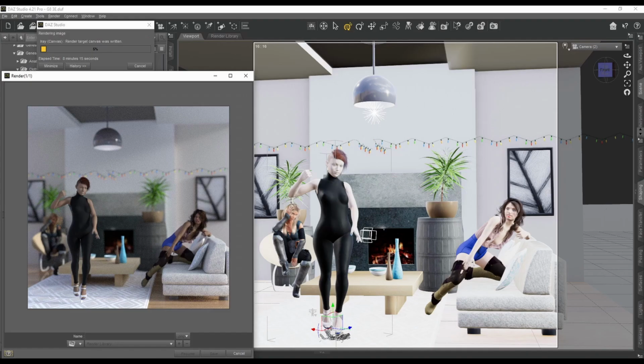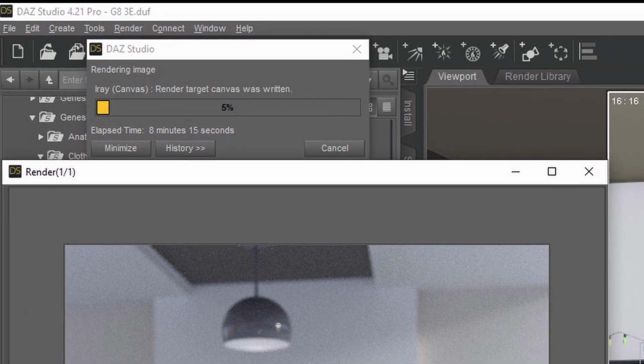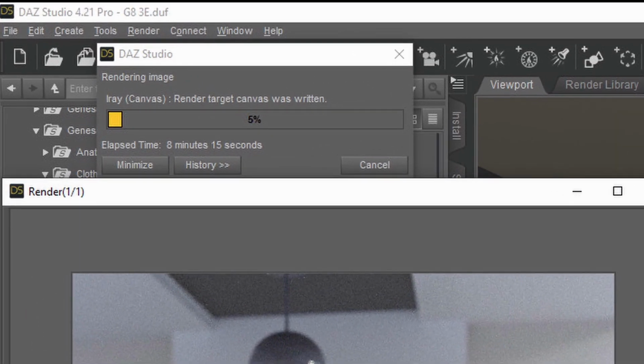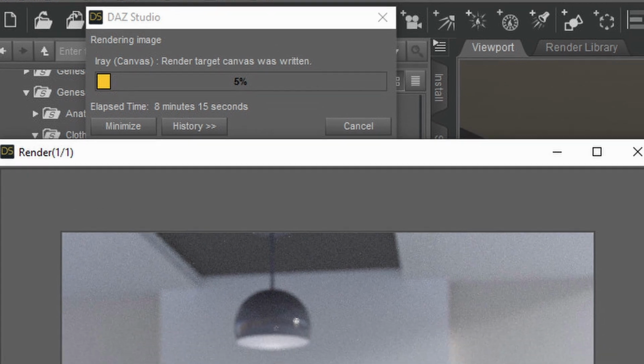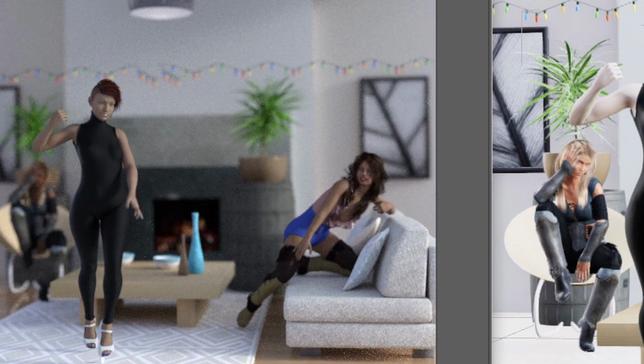That's probably a full day just trying to get these images, depending on how powerful your computer is. It would take you a day or half a day if your computer is fast, just to get this.